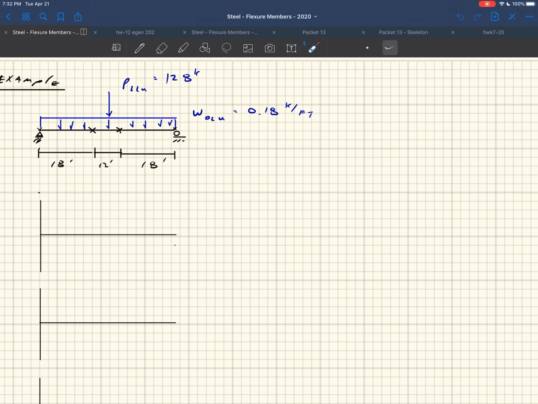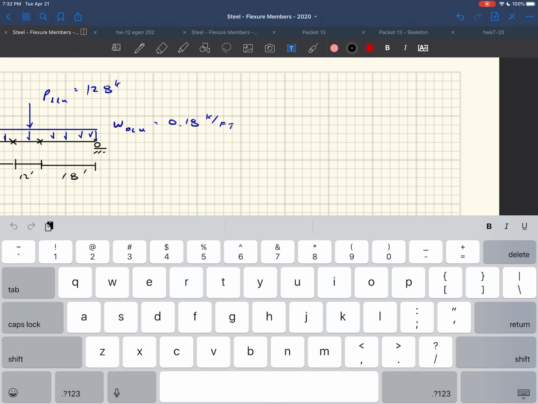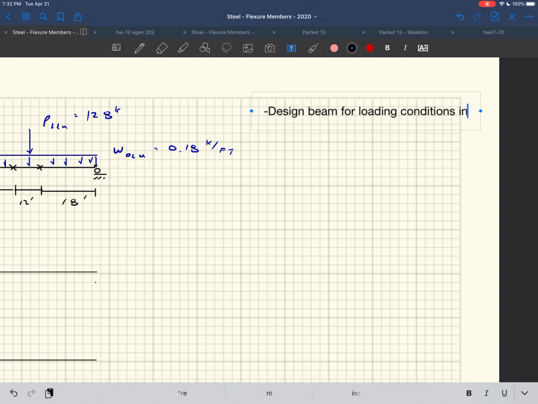What we need though, we're going to calculate what CB is, and we're going to do it two methods. Let's actually add that to the problem statement. Let's say design this beam. I never really actually put a problem statement on here. Design beam for loading conditions indicated. First, assume CB is equal to 1.0, which is going to be conservative, or maybe conservative. Then calculate CB and design with